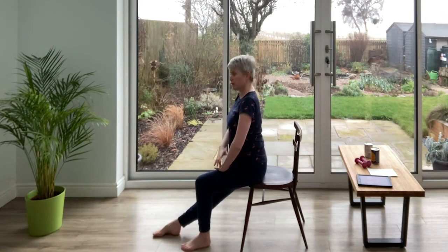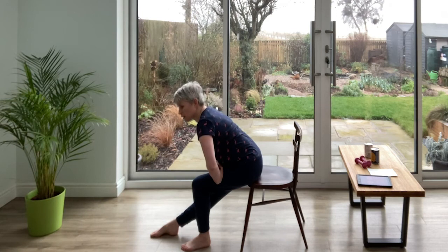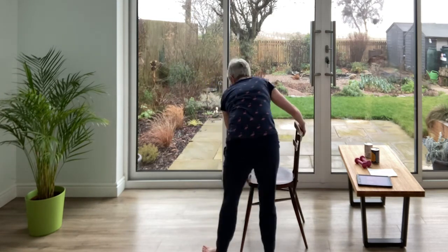So if you were going to an exercise class before this, as you just started again, be really careful with these stretches. Just accept what your body is doing and is capable of doing. And breathe and relax into it. Very good. And then coming round